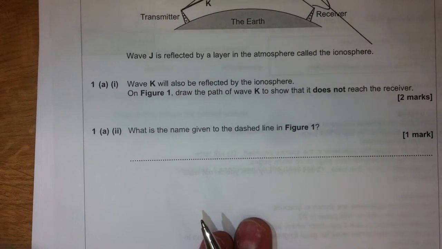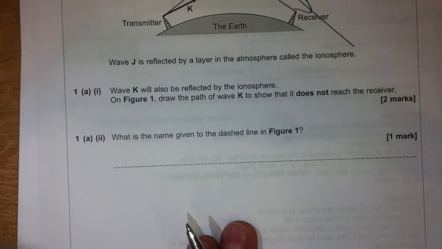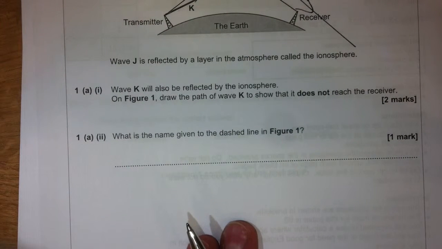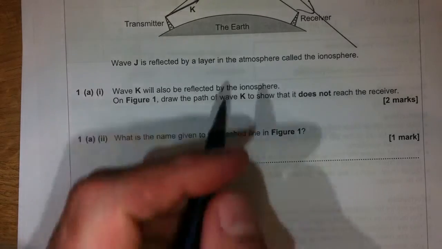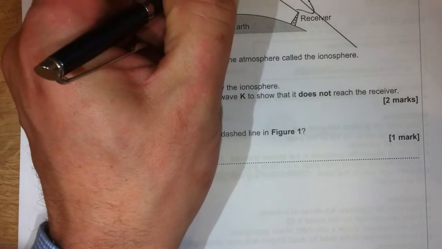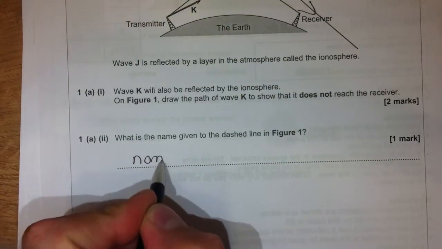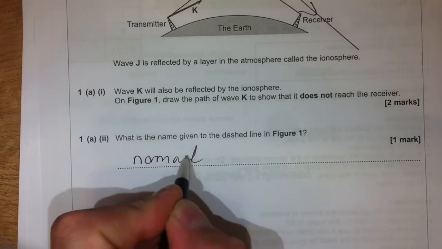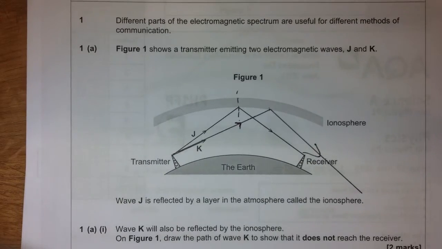What is the name given to a dashed line in figure 1? The dashed line in figure 1. I'm trying to see. There is no dashed line in figure 1. But what I can assume they're talking about is that there should be a dashed line here, and that dashed line there indicates the normal line. So again, going back to the mirrors, it's the same as the angle of incidence equals the angle of